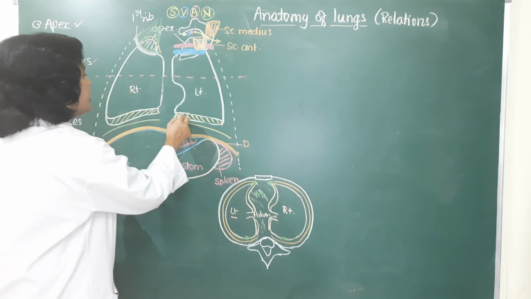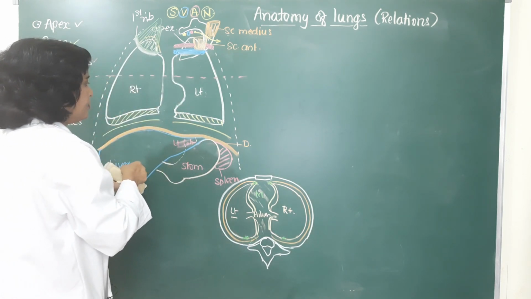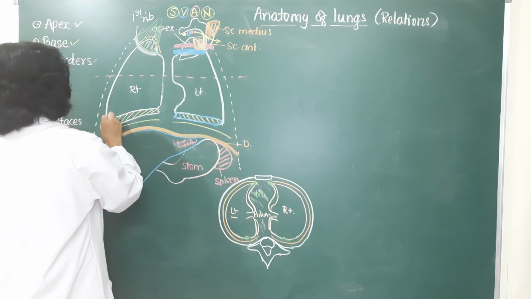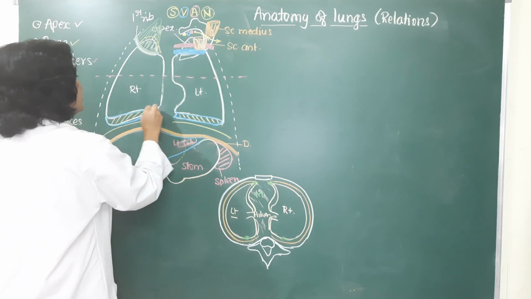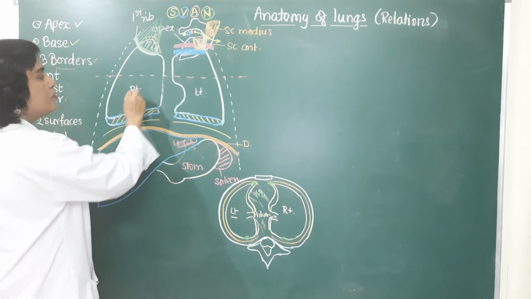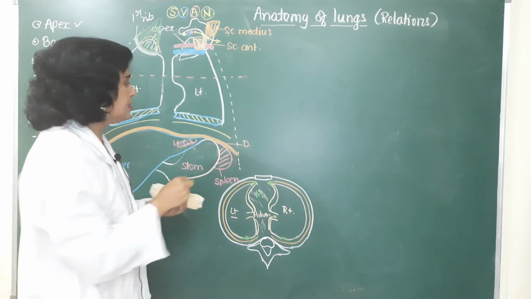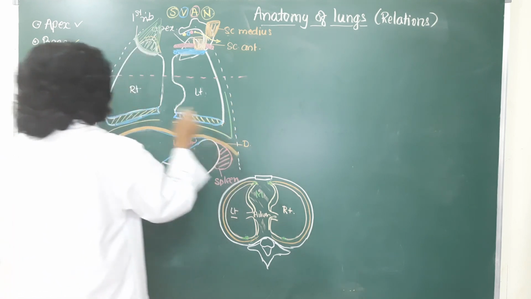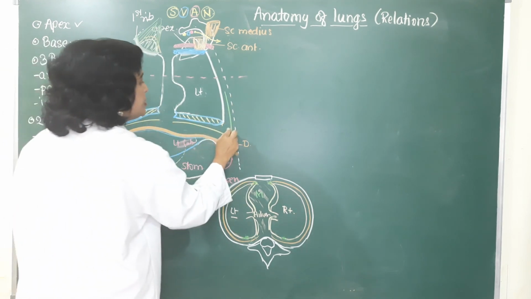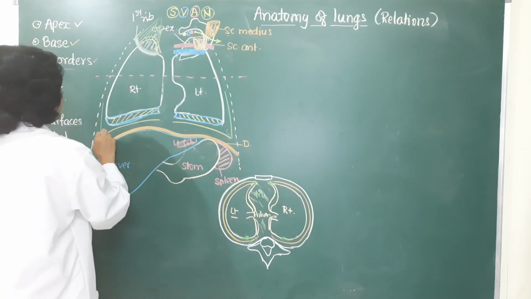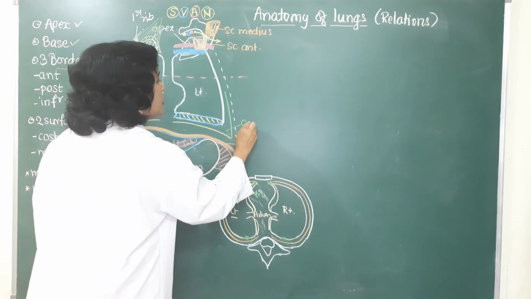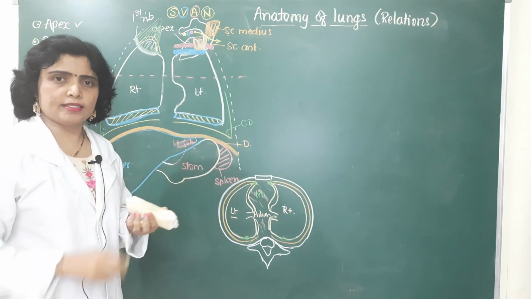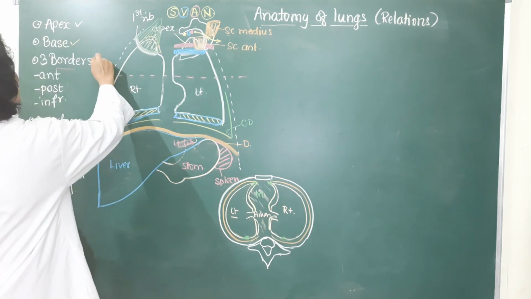Okay, now coming to the inferior border. So here in this diagram, this is the inferior border of the lung. You know, it is a sharp or circumscribed border, and it separates the base of the lung from the medial and the costal surfaces. And in the lateral part, suppose if you draw here the costal pleura, here you get the recess. This recess is called the costodiaphragmatic recess. This is the costodiaphragmatic recess of the lung. So the inferior border is related to the costodiaphragmatic recess of the lung. So that is about the borders of the lung.